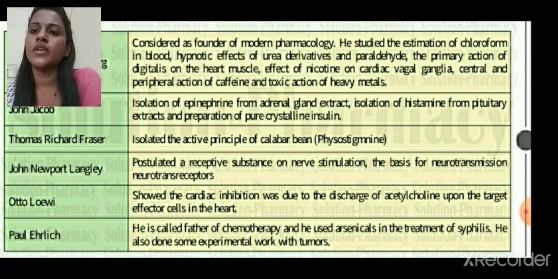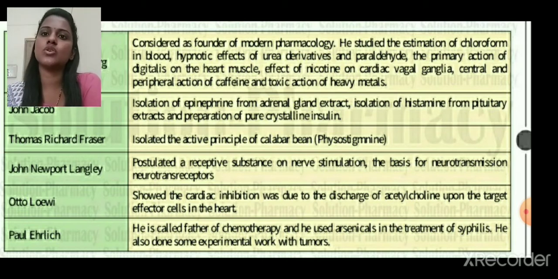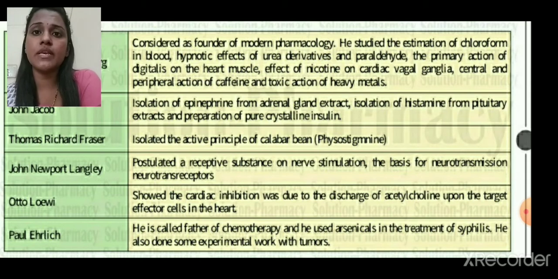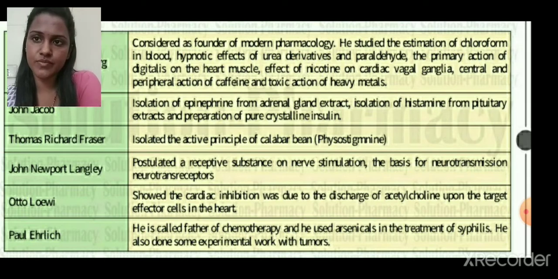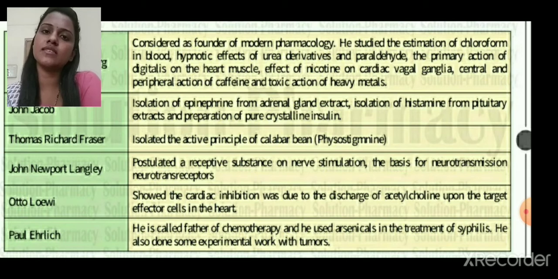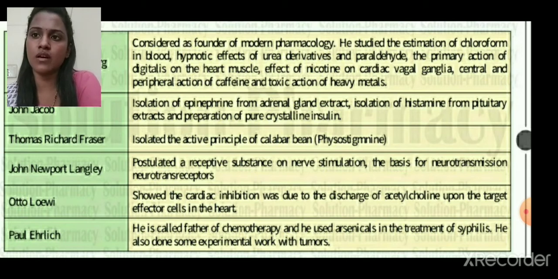Langley. He postulated the receptive substance on the nervous stimulation, the basis for the transmission through the neuroreceptors. So the neurotransmission with the help of neuronal receptors is done by the postulate of Newport Langley. Next scientist is